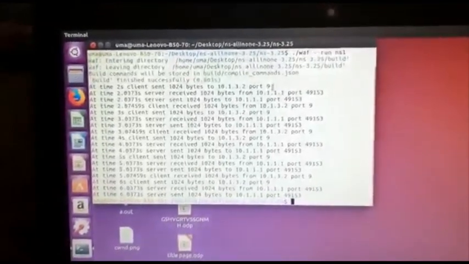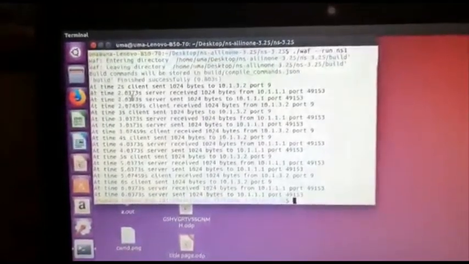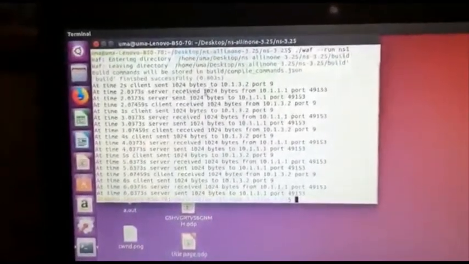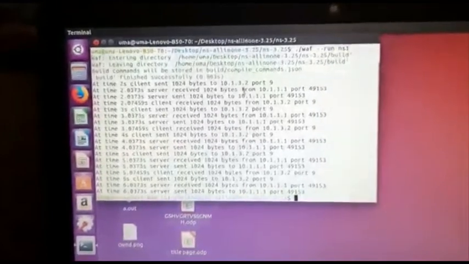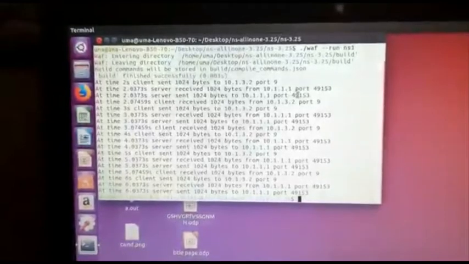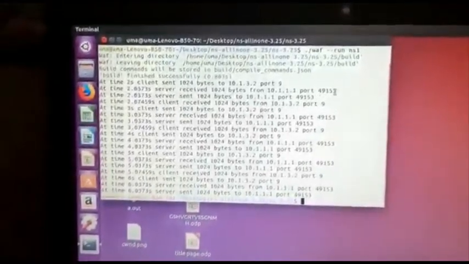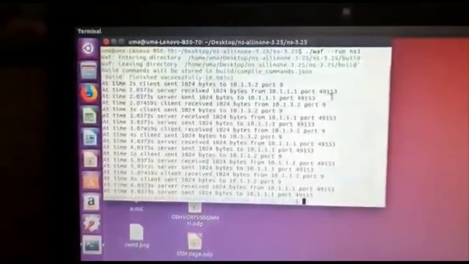Always we'll access the server at port 9. And at time 2.0375 seconds, the server received those 1024 bytes from where? From the client. 10.1.1.1 is the IP address, and the port created on which this data was sent was 49153.